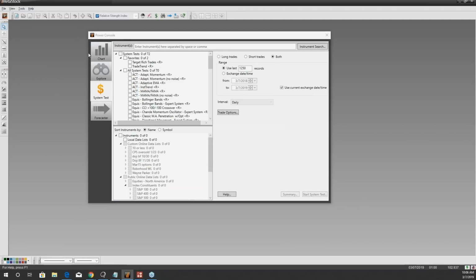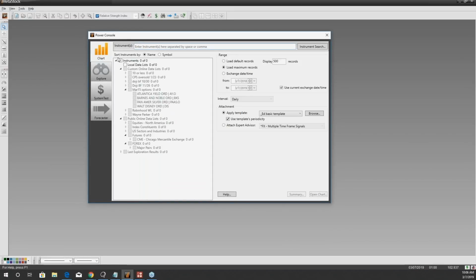Okay, anyways, so this is the chart tab right here. When you click into it, you'll notice this big white box right here, and some customization options on the right side. The left side is basically the different stocks and lists you can go through if you want to click into some stocks and open them up.